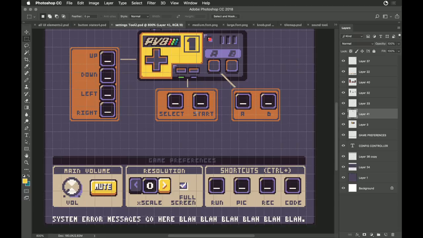That's right, we have the knob, we have the toggle button, we have the arrow buttons for the scale, we have the full screen, I have the input fields. And then what I just need to do is expose